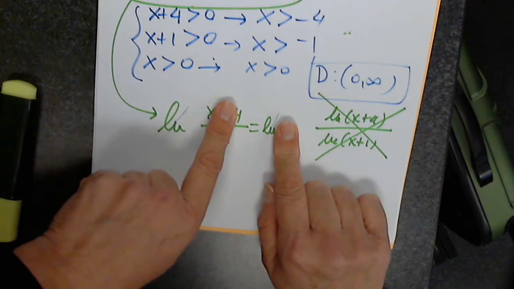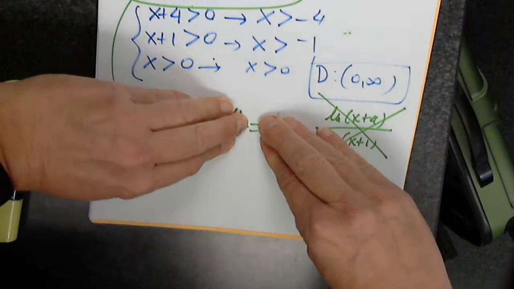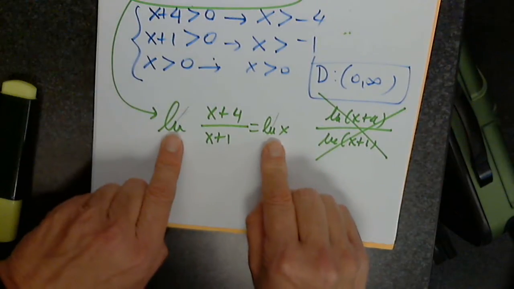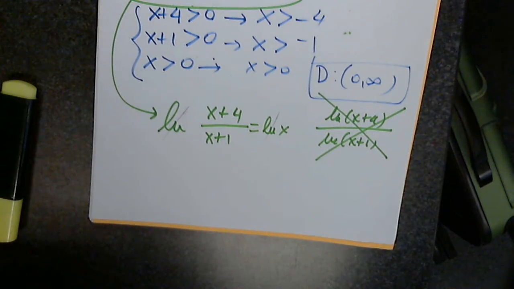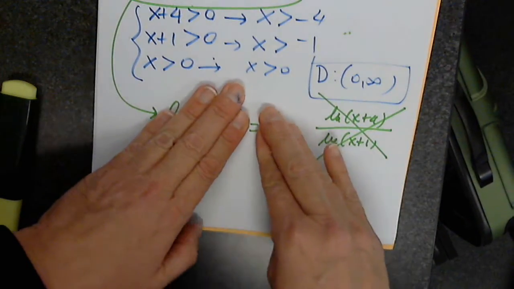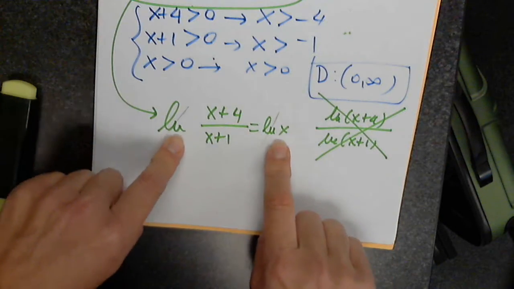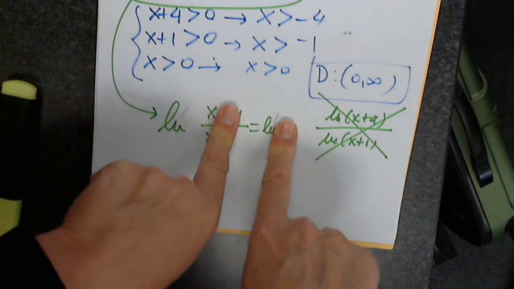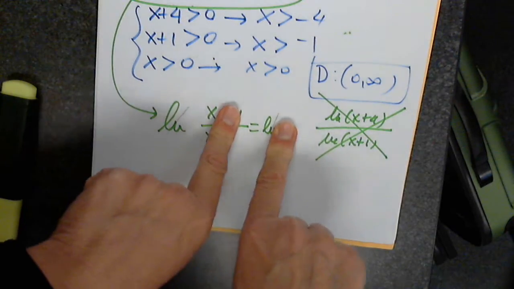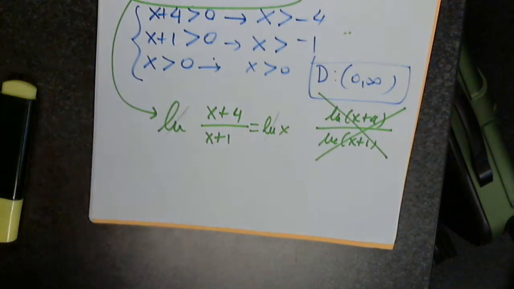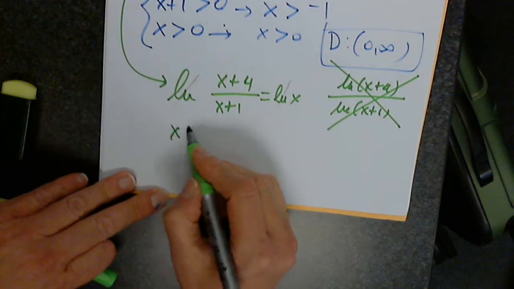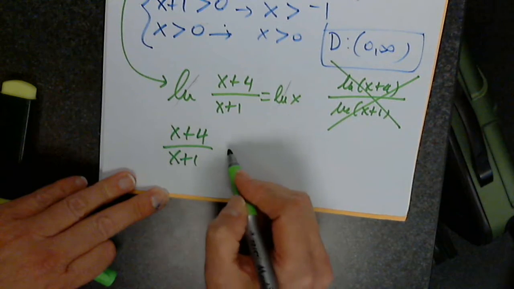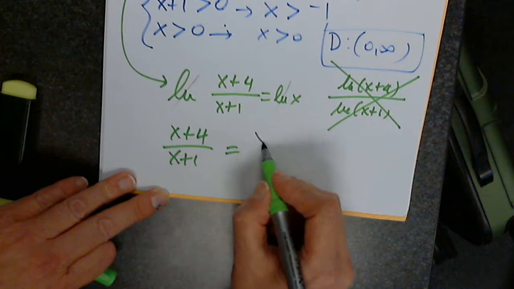One more time? Yes. So two logs in the same base, if it's not the same base, I cannot conclude that. Two logs in the same base are equal. What has to happen to the quantities that they are applied to? They have to be equal to each other. So therefore, (x plus 4) over (x plus 1) must equal x, and I'm going to write it as x